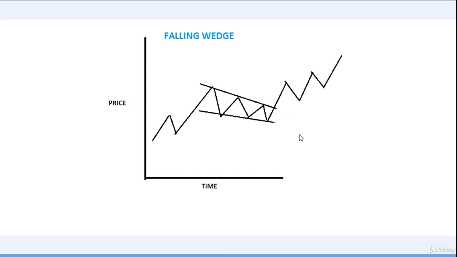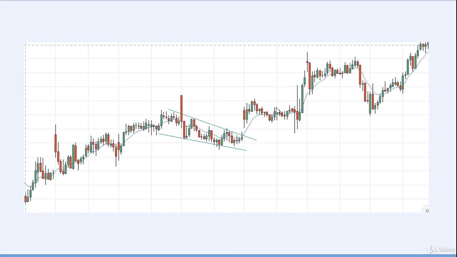After a positive breakout, prices resume the uptrend. We get a positive breakout, so we can make our buying position here. This is the example of a falling wedge. Prices are in uptrend and they are making a falling wedge pattern sloping down. We get a breakout here with a gap. In this example, we are getting a gap here, so it is the confirmation of the continuation of this pattern, this uptrend. We can make our buying position at the opening of this candle.